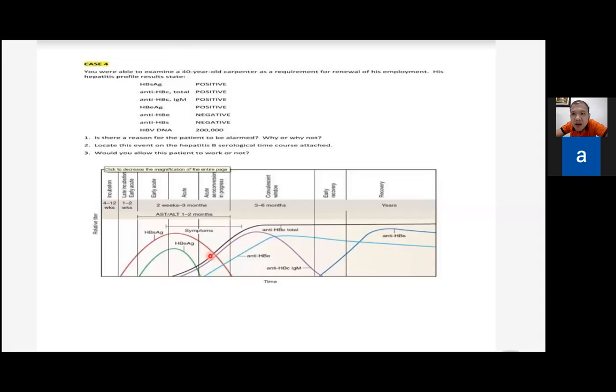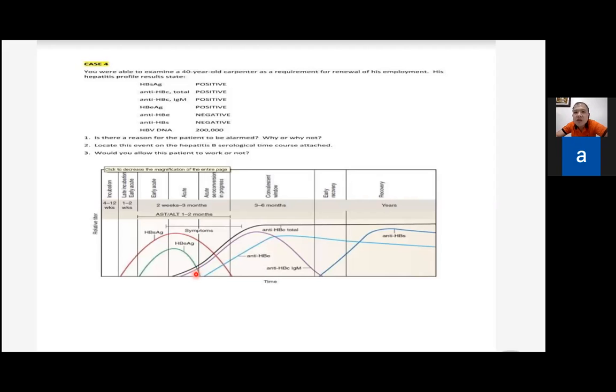Yeah, the green ba? So the end of the green and the start of the violet, no? That area. Yeah, the end sa green and the start of violet. Kana nga area, no? So that is the location. This is very important because you'll be able to know where the patient is, no? Okay, that is the normal time course of your acute hepatitis B.